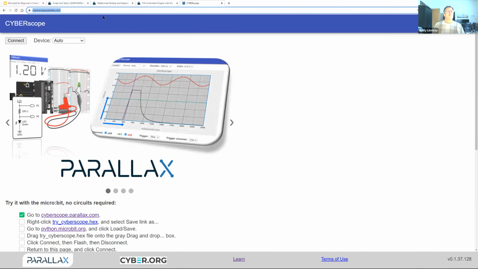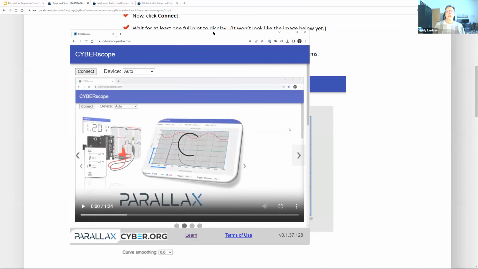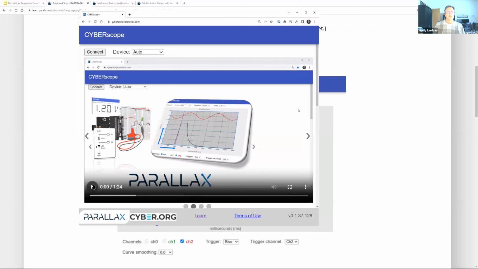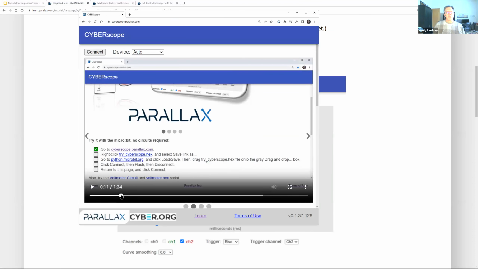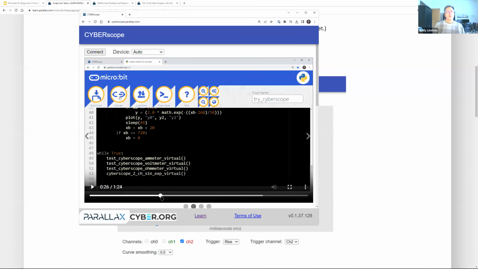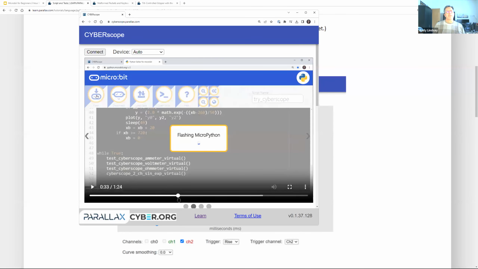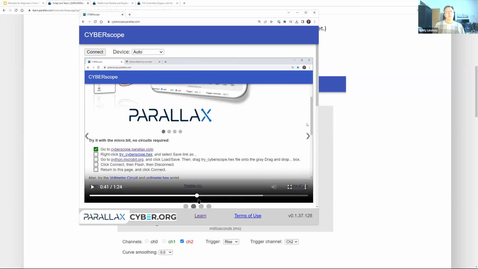cyberscope.parallax.com is, by the way, the place where this is, and it has a little video that you can use to see how to do it. It takes you step by step through downloading a hex file, opening it, loading it into the microbit, and then going to